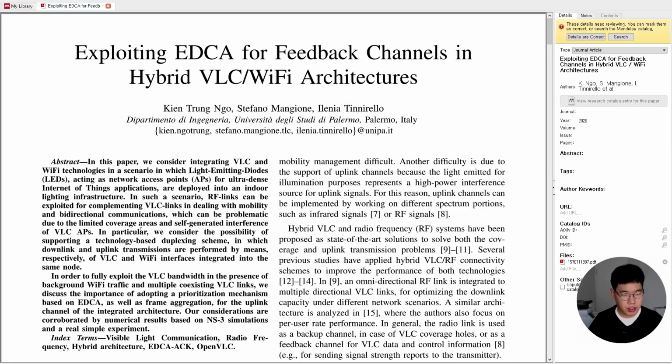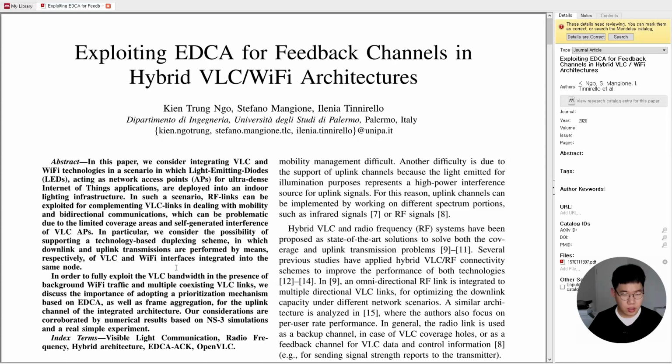interference of VLC APs. In particular, we consider the possibility of supporting a technology-based duplexing scheme in which download and uplink transmissions are performed by means, respectively, of VLC and Wi-Fi interfaces integrated into the same node. In order to fully exploit the VLC bandwidth in the presence of background Wi-Fi traffic and multiple coexisting VLC links, we discuss the importance of adopting a